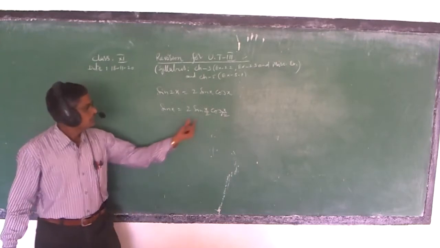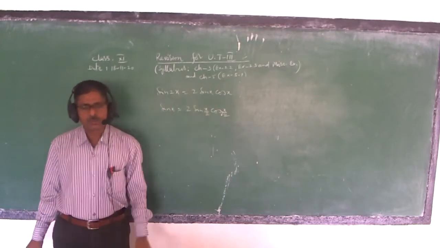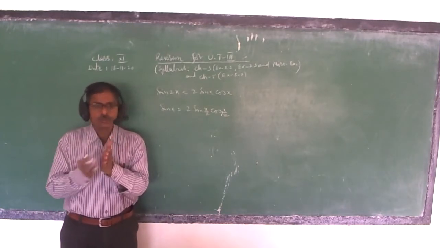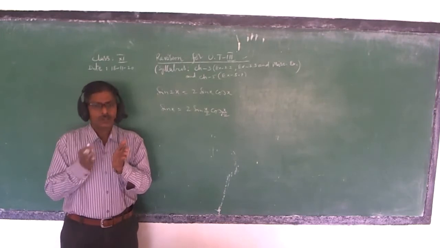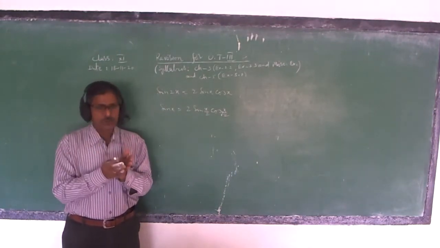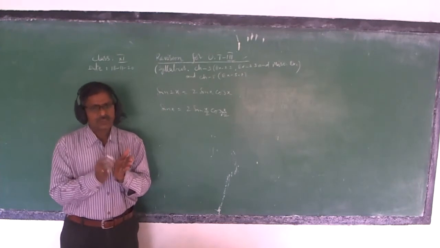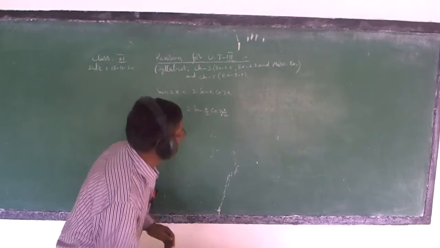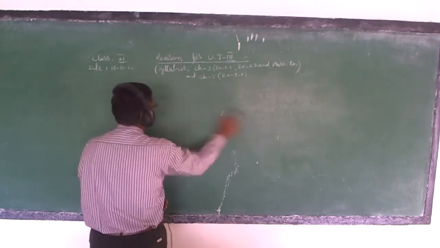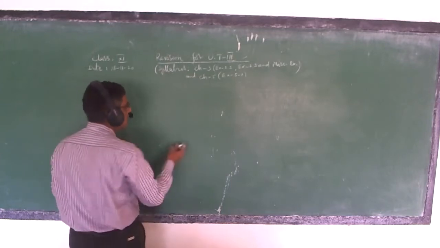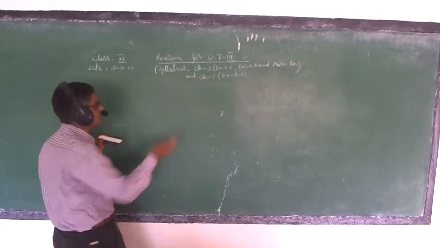So this x by 2 is a submultiple angle here, right? This is how you have to know all the formulae for sum of two angles, difference of two angles, multiple angles, and submultiple angles also. And some more formulae are there. I am discussing only a few formulae because I have to revise some more questions here.